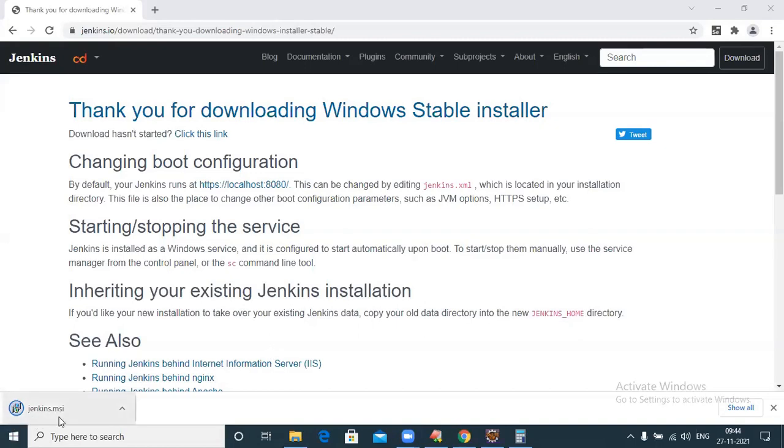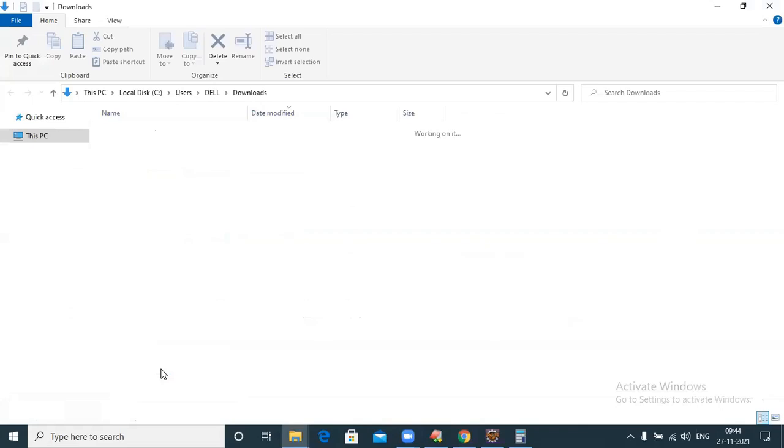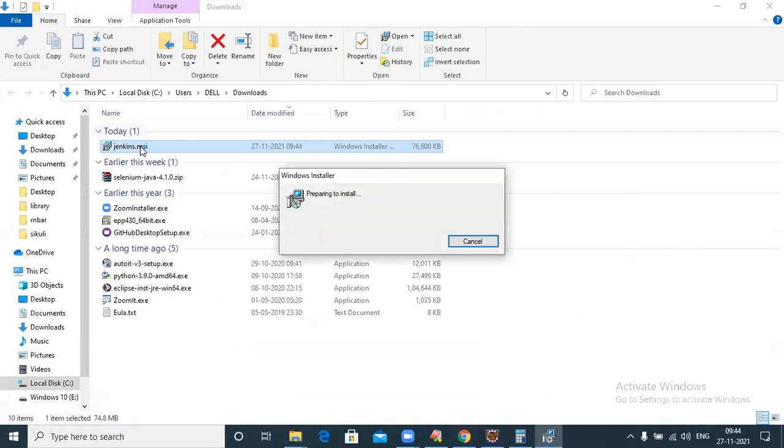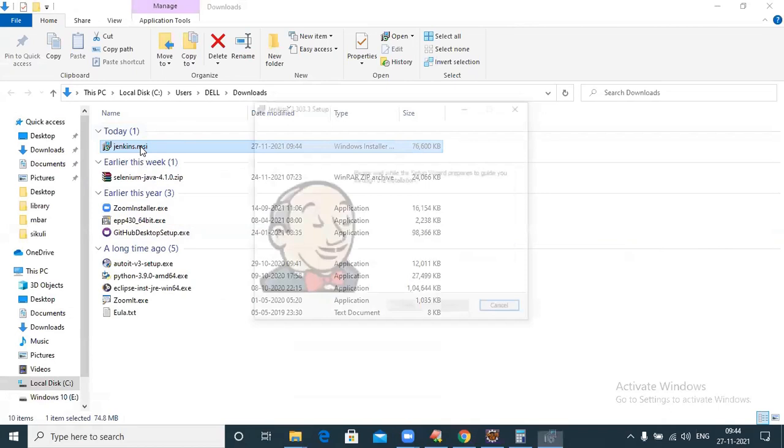See, the MSI file. In this .msi file, go to the downloads folder. Jenkins.msi. Sir, in my machine, what the problem is I will also show. Why am I selecting another person? Once it is there, just double click. Blindly double click. So what is the problem in my machine? I will show why I selected that person also.